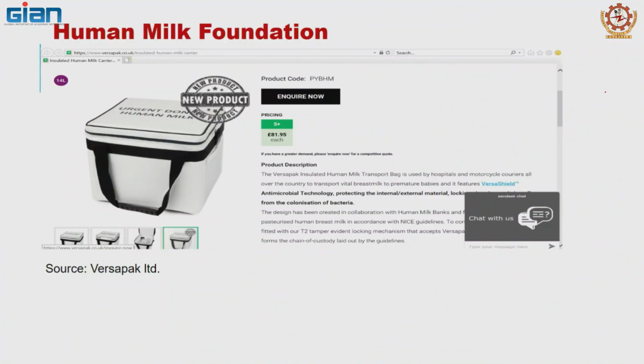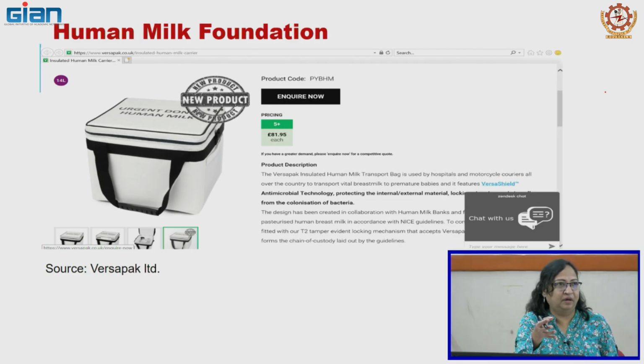Okay, this is the bag, Human Milk Foundation bag. It's a case study, and one of the authors is the owner of that HMF. She has created it, and she is a trained doctor, physician. So, she wanted to create something for small babies, and it is a very interesting story about how human milk is transported. In India, we have so many blood donations, everything is there, but can we use IoT to